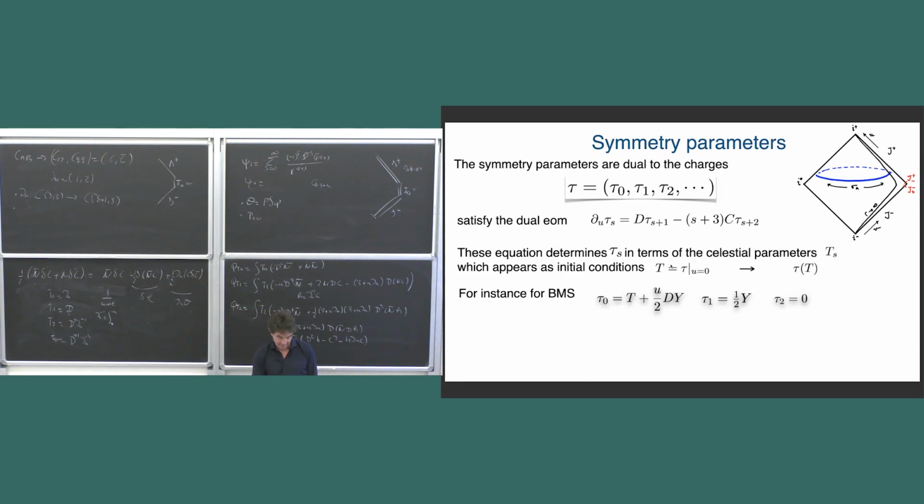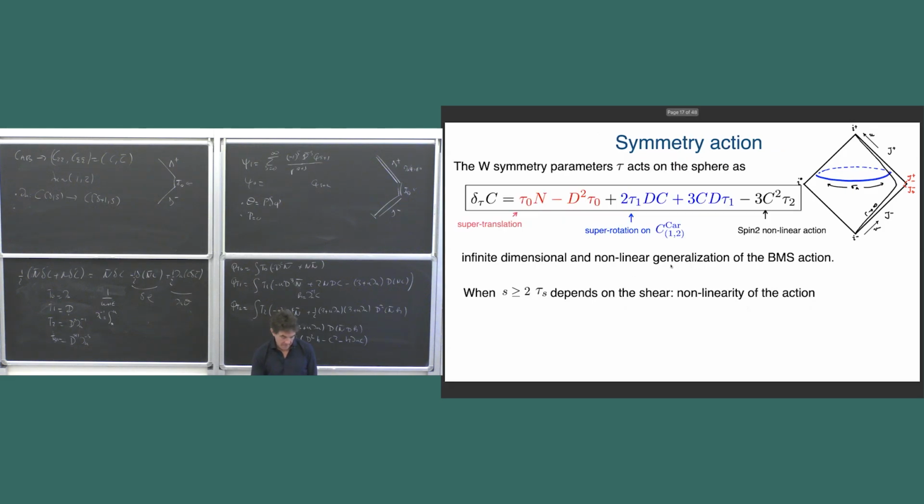I think I'm off my time. Let me finish on the charge a little bit. First, now I have this symmetry. How does this symmetry act? It has to be Noether, and I need to tell you how this symmetry acts on the shear. And this is the formula. No matter how complicated these charges get, in the end you can repackage the symmetry transformations on the shear in this simple manner.